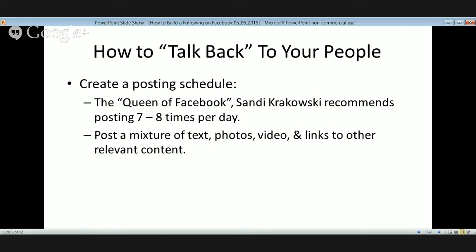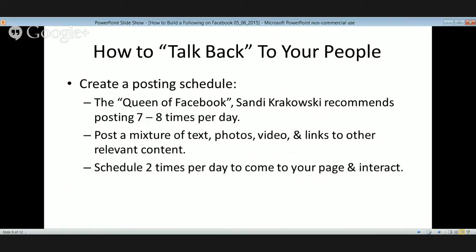So links are also another really cool thing that you can share with your followers on your fan page, because there's obviously other content that you can find on Facebook and then just share that to your page. I love sharing posts from Entrepreneur Magazine or Success Magazine because they're very relevant to my audience.